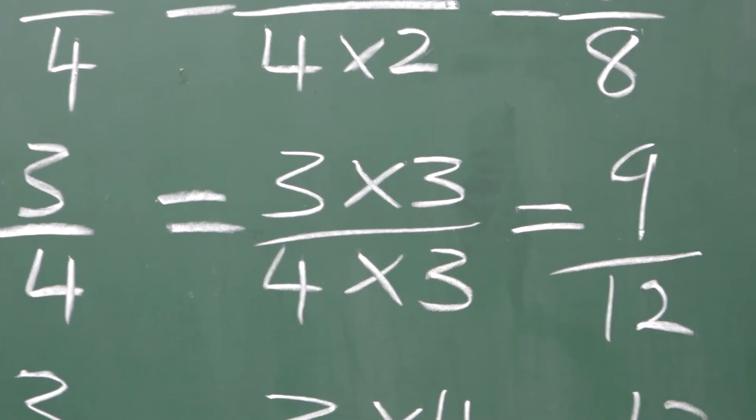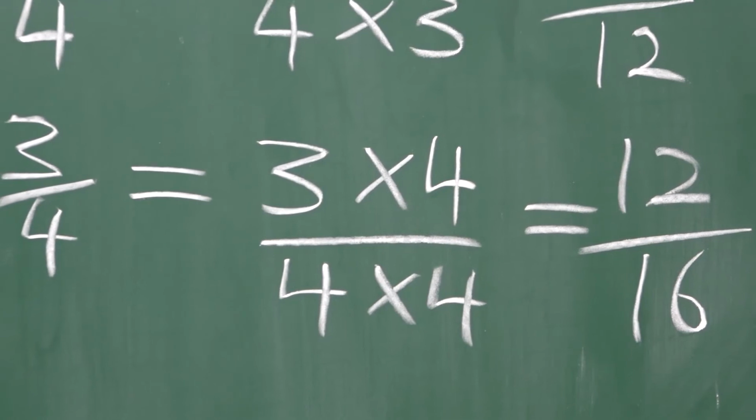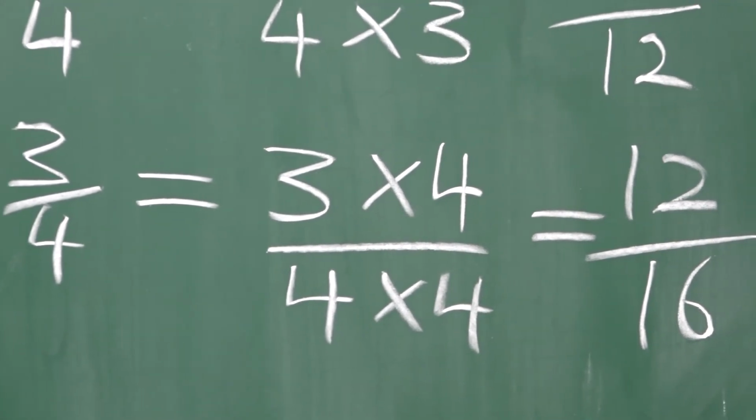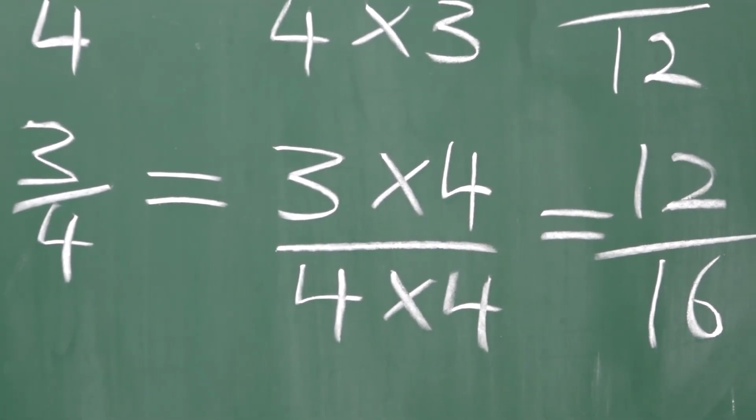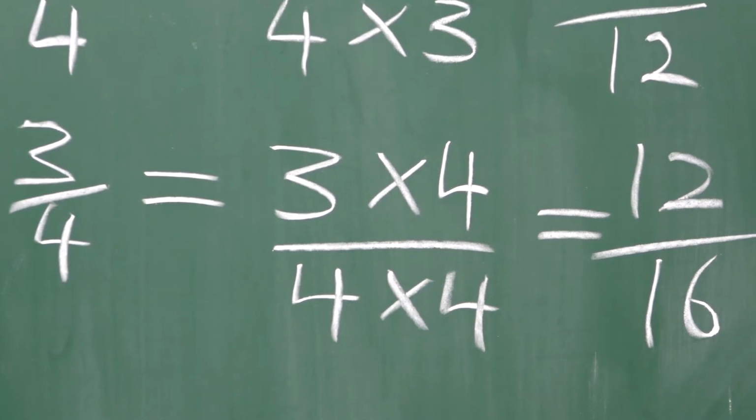Now, to get the third one, the same fraction 3/4 needs to be multiplied by 4. What does that mean? The numerator, which is 3, the top number, is multiplied by 4, and the denominator, which is 4, the bottom number, is multiplied by 4. 3 times 4, you have 12 as your numerator. And when you multiply 4 by 4, you have 16. Now, the fraction 12/16 is equivalent to 3/4. That means if you are to reduce 12/16 to the lowest term, you should be having the same thing as